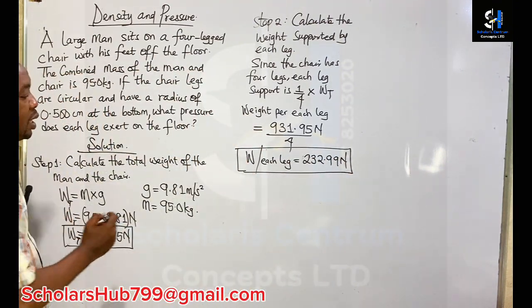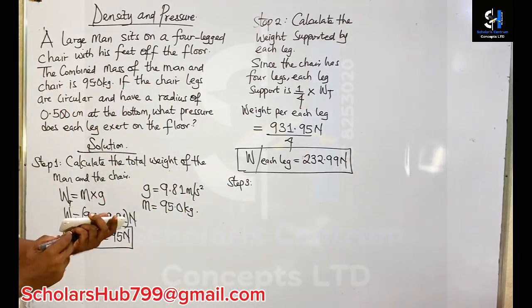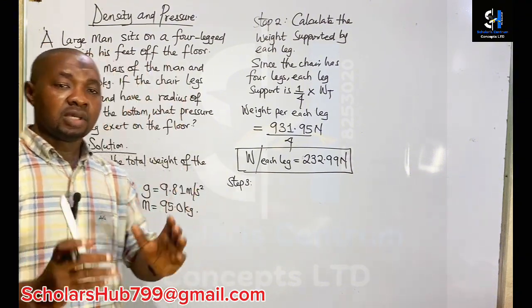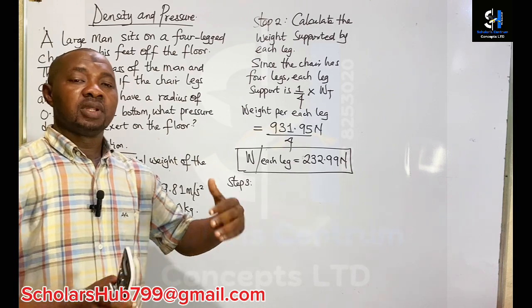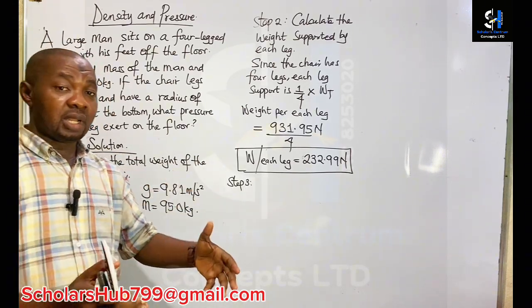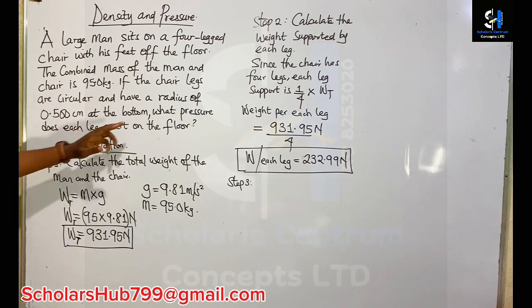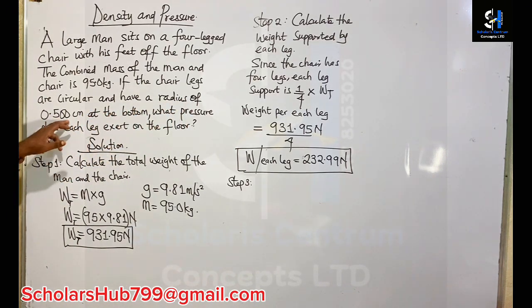Step 2. Now, step 3. Remember, it is always good to analyze, in physics and also in mathematics. After we set up the problem, next we analyze the problem. So in this case, we have a radius of 0.500